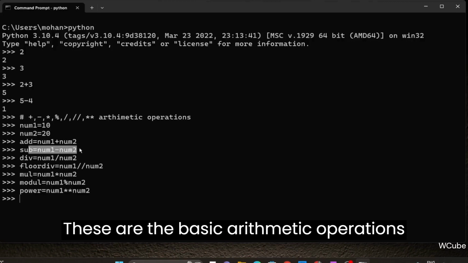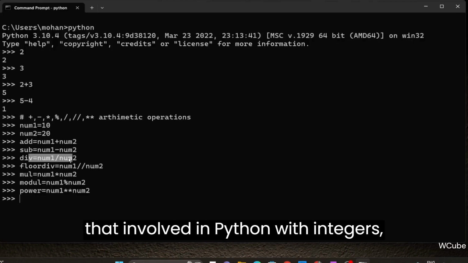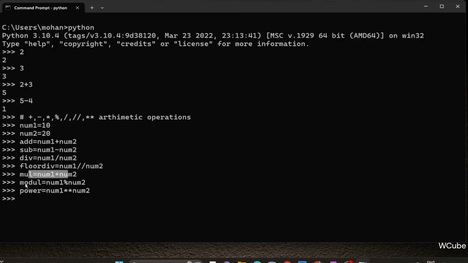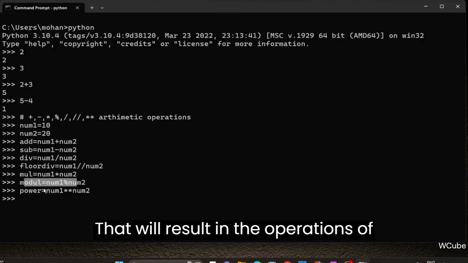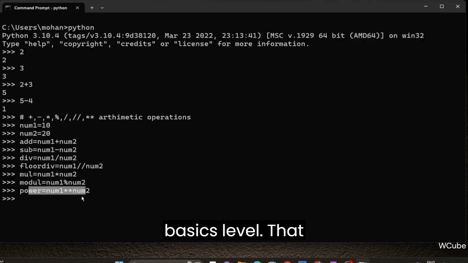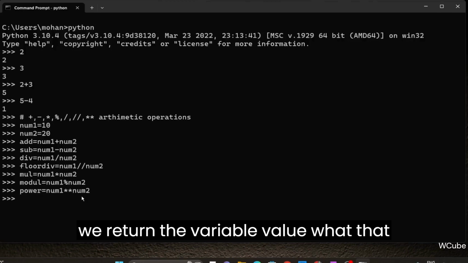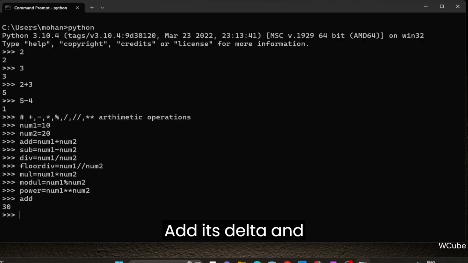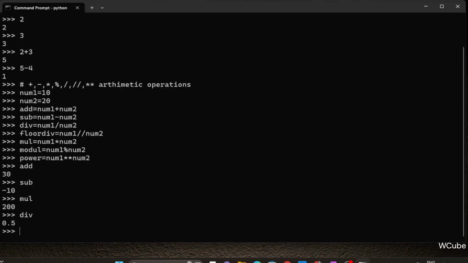These are the basic arithmetic operations that are involved in Python with integer, float, or complex number values, which will give the result of the operations you made in Python. For the basic level, let's return the variable values, what each actually returns. Addition returns 30, and subtraction, multiplication, division,